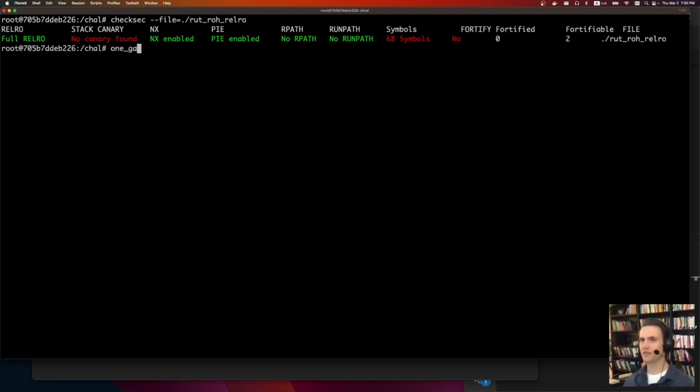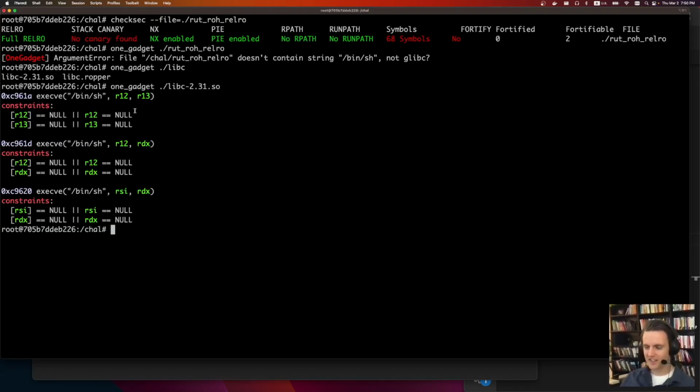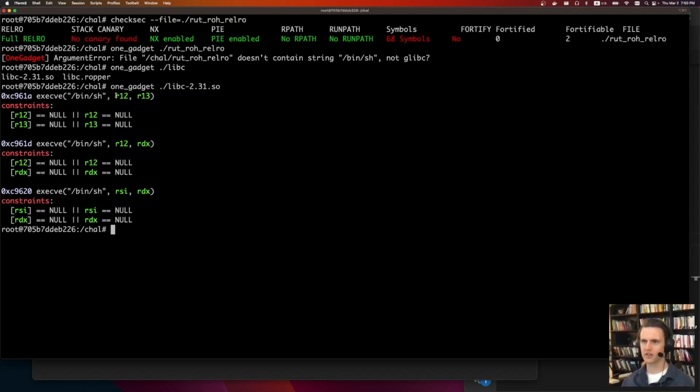The next one is OneGadget. When I first found out about this tool, it blew my mind. I could not believe it. Oops, we need libc. Probably starting to copy it over. There it is. What this tool will do is, it's just mind-blowing that it works. If you jump to this address within libc, it'll execute this line. So it'll do execve, so it'll just execute /bin/sh with this as the environment and something else as the arguments, I think. Just so cool. Or if you jump to this line or this line,